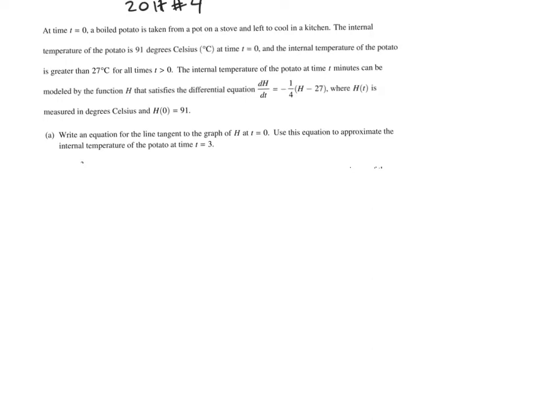Easy. So let's just remember what a tangent line looks like. For tangent lines, we like to use point slope form. That's point slope form. But the only thing that's tricky is that m is usually going to be the derivative. And in this case, it's going to be dh dt. When do we want it? We want it right when t equals 0. So let's do that first. Let's figure out what is dh dt